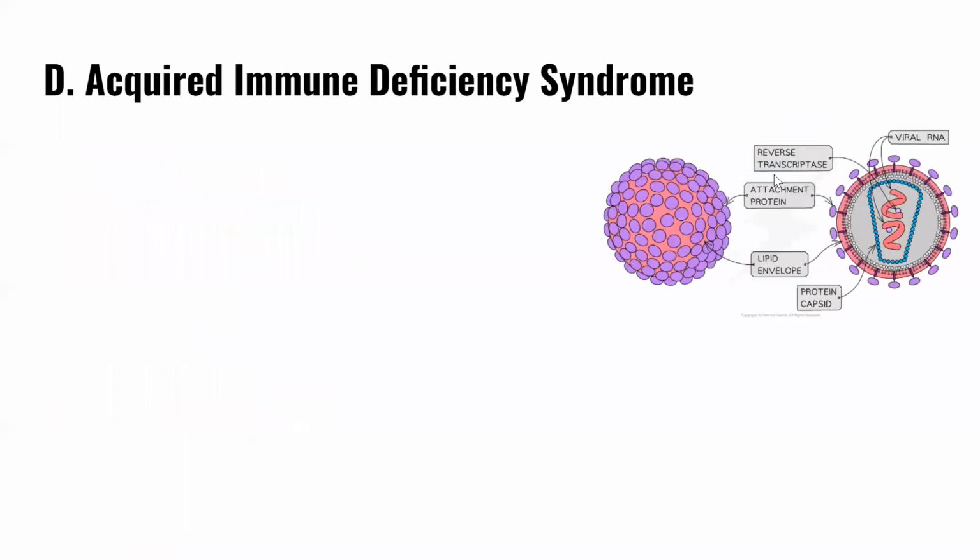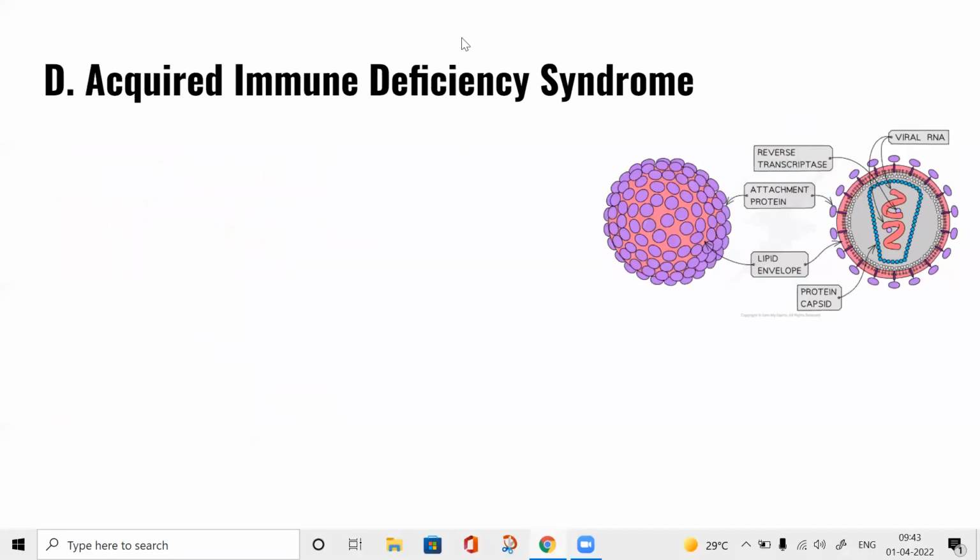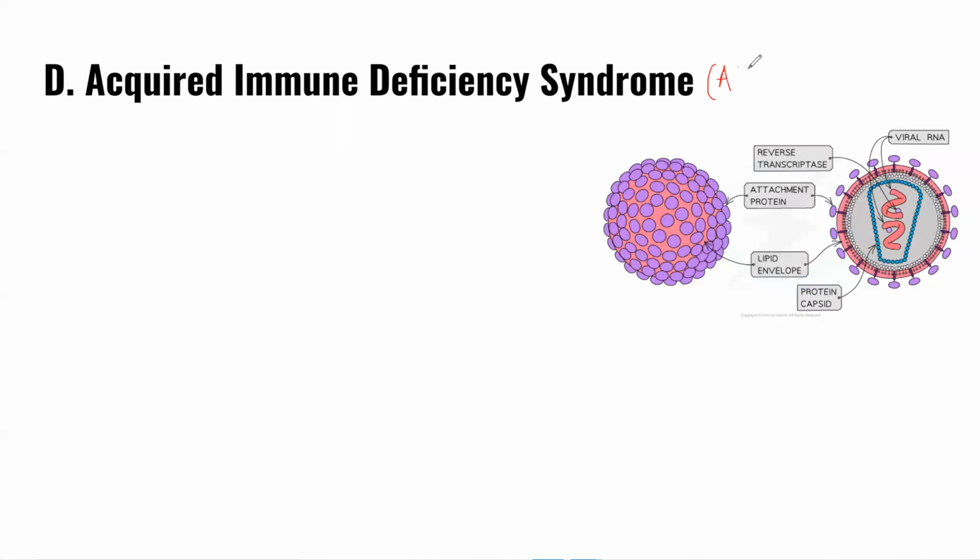So yesterday we were on this slide about acquired immune deficiency syndrome. The short form of this syndrome is called AIDS. What exactly is AIDS? AIDS is not a disease. AIDS is a syndrome. Syndrome means a collection